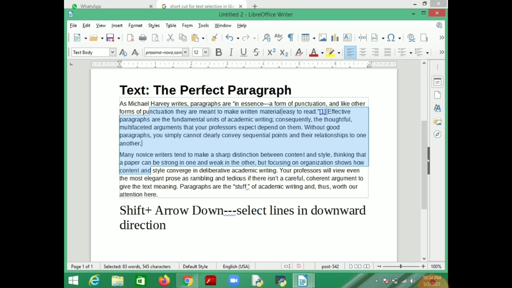So this way you can select text using Shift plus the up and down arrow keys.